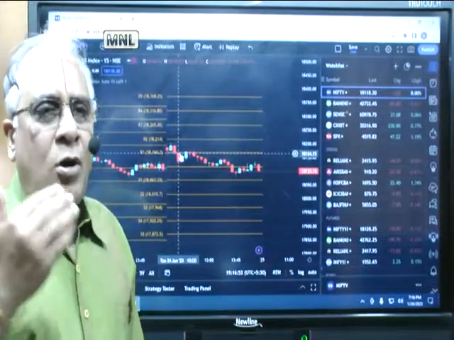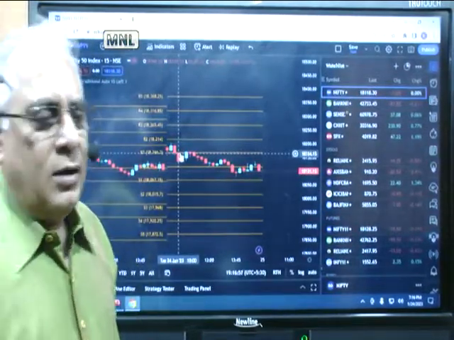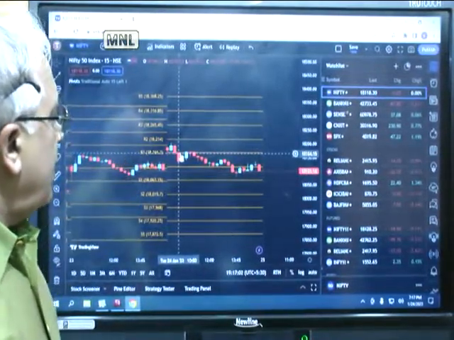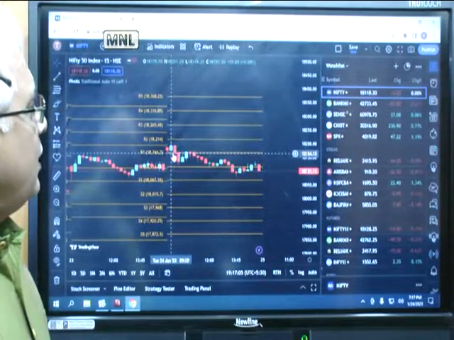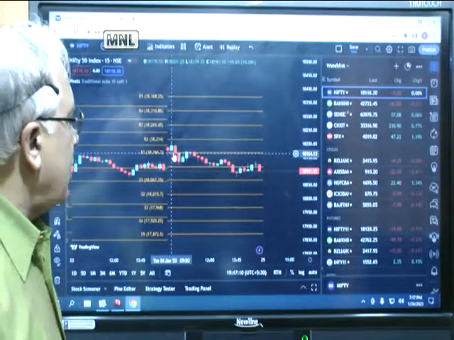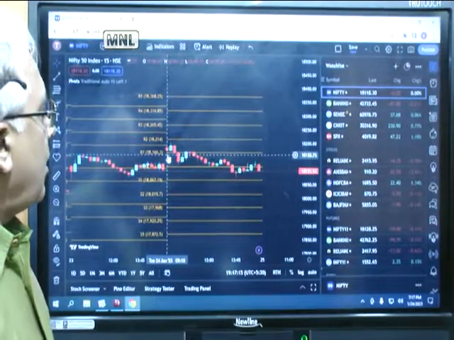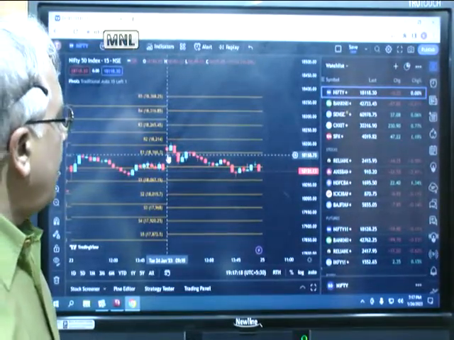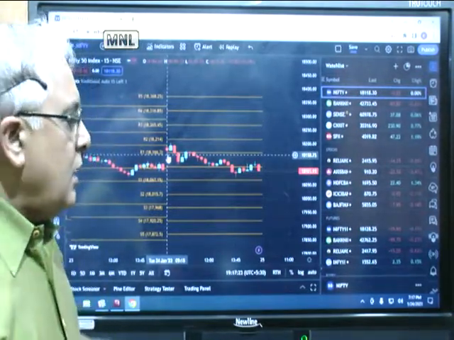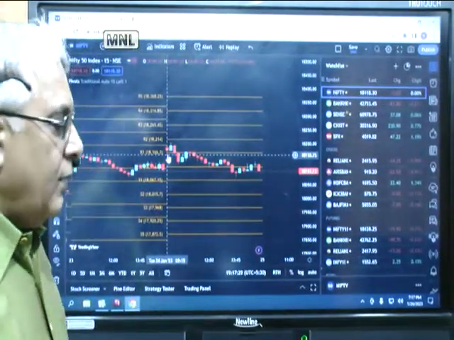So if it starts to go above R1, between R1 and R2, it will look as if it is an overbought condition. So here the R2 is 18,214. It went up to 18,201, so slightly short of that R2, but the open itself is very clearly above the PP. That is, it is above the R1 also. So what probably we could do, since it has opened above the R1,